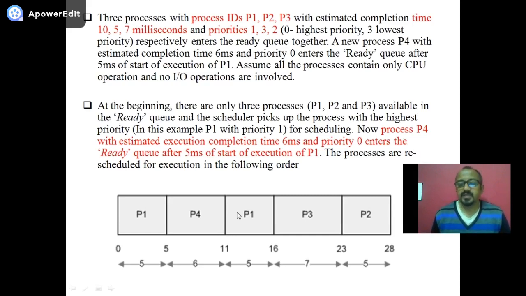And P1 completely finishes its execution. And then in the ready queue, P2 and P3 are there. The scheduler will check, and it will pick P3 out of P2 and P3 because, look here, as I already told, the priority of P3 is 2 and the priority of P2 is 3. The highest priority based preemption algorithm is used in the scheduler. That's why it will pick the P3 process, because the priority of P3 is 2 and the priority of P2 is 3. P3 has the higher priority, so it executes and finishes. Then at the end, with the lowest priority, the P2 process is given a chance to execute its code,